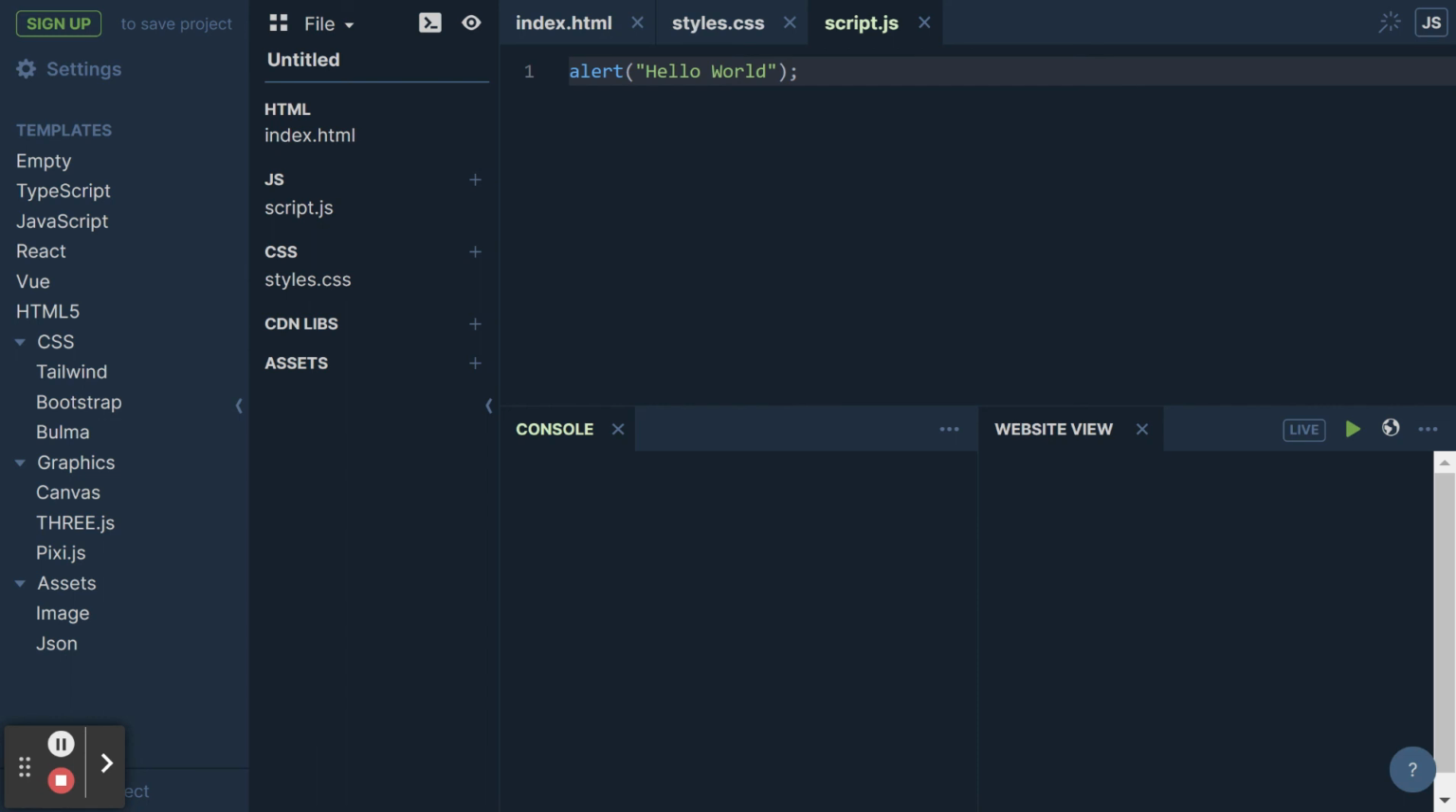And then this semicolon is basically just like a period in JavaScript. So if we run this code, you will see playcode.io says hello world. And you can actually write whatever you want inside this code. So as